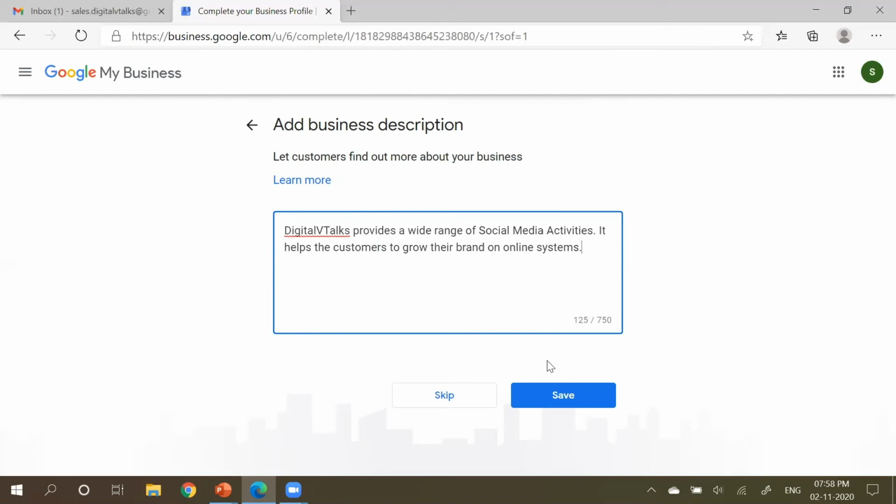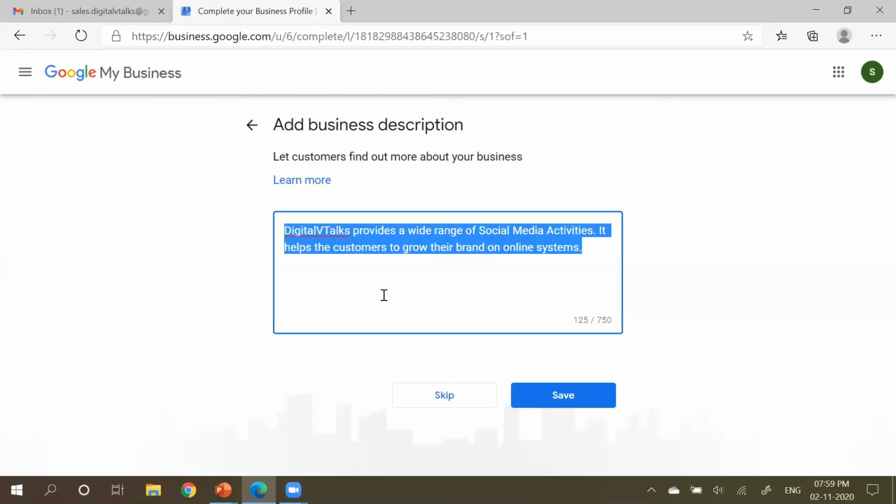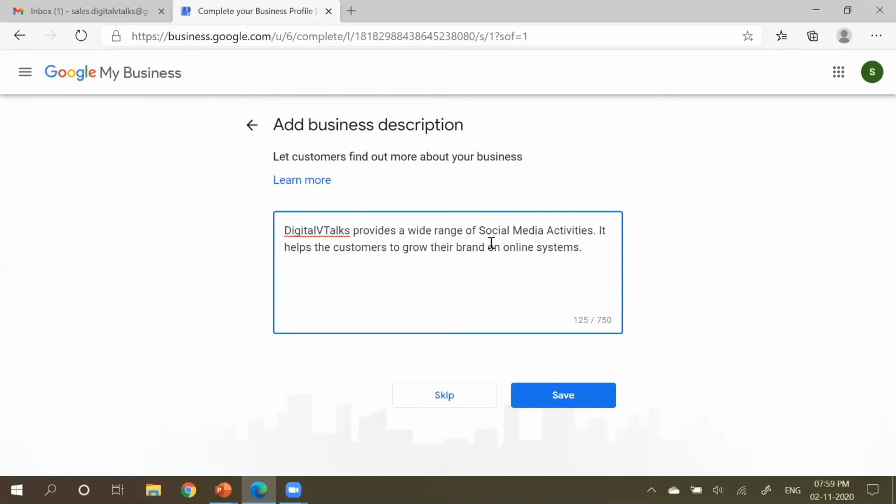All you need to do is, while writing this particular description, you need to write it using all possible keywords which you're aware of for your business. Okay, and yes, make full advantage of these characters. When it says 750, and if you are not utilizing it, you're missing out on something. Okay, a free service does not mean you take it lightly. You can take it seriously if you really want to grow.